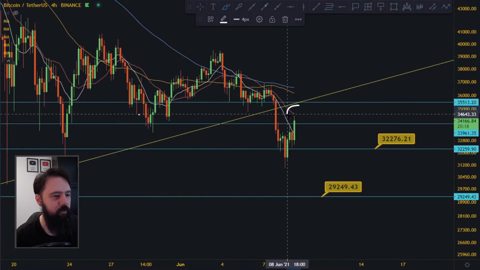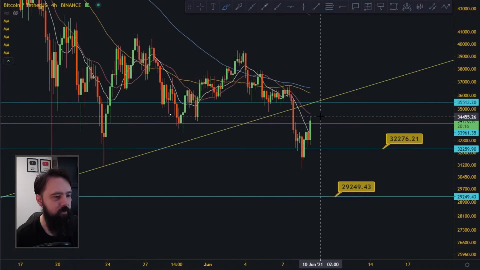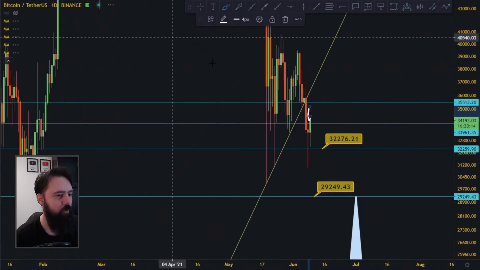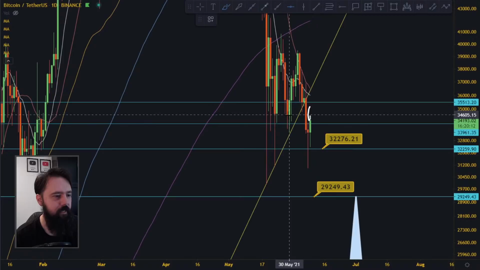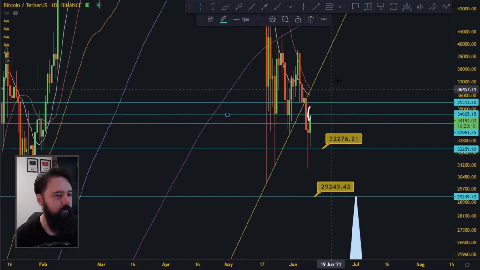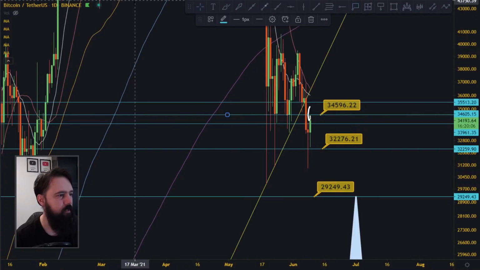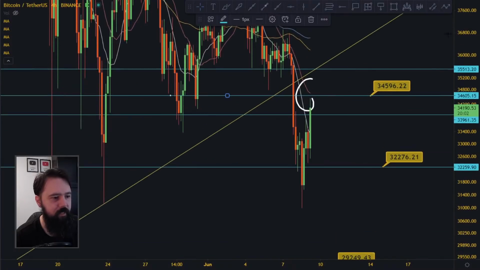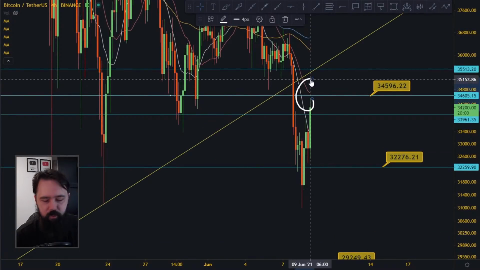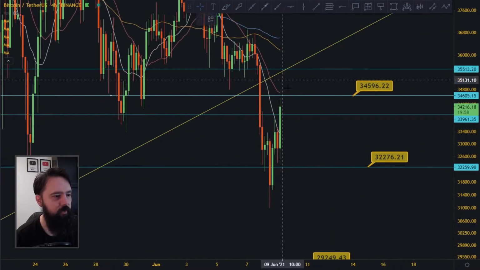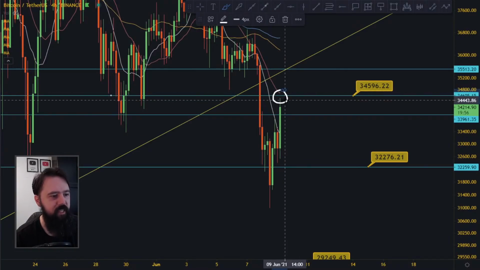Just explain that the 20 moving average on the 4 hourly is right now stopping us. We also have, of course, on the daily the resistance line that we broke on the way down. That's this line over here. Let's just put a number there. Nice, 34,600 something like that, give or take. And you can see here both the resistance line and the 20 moving average